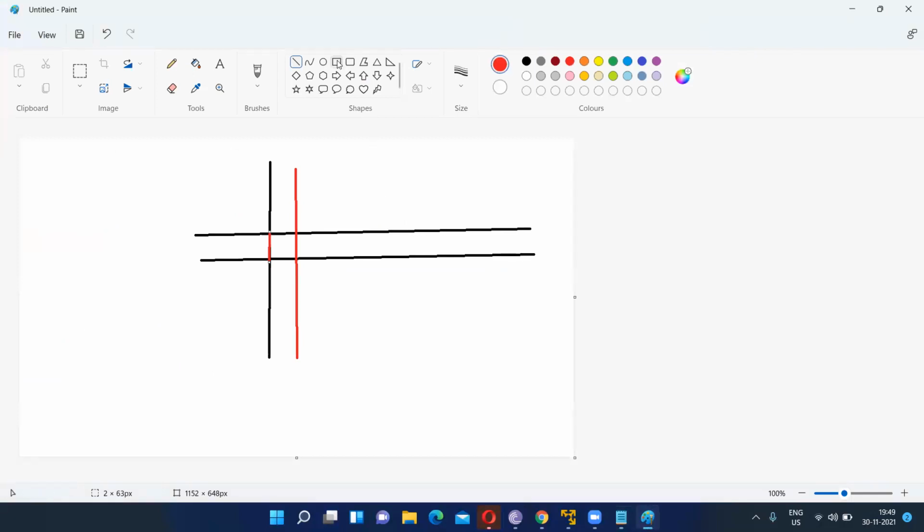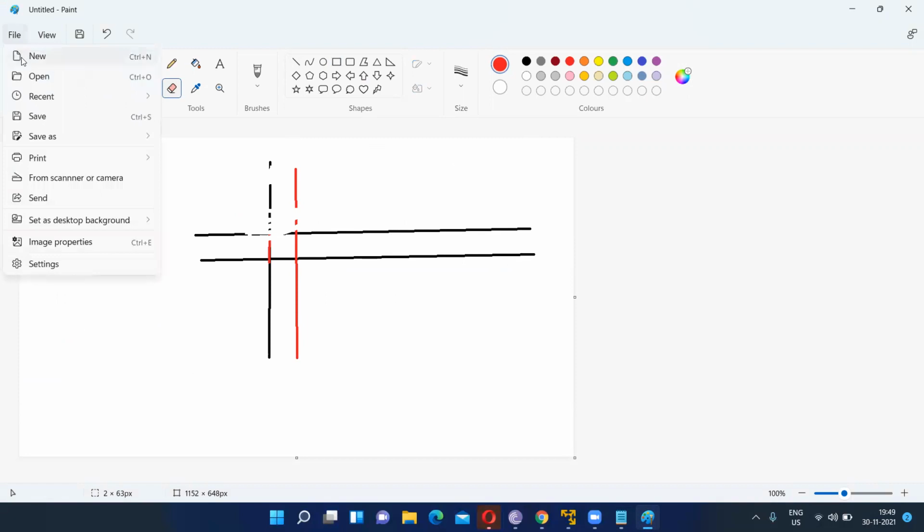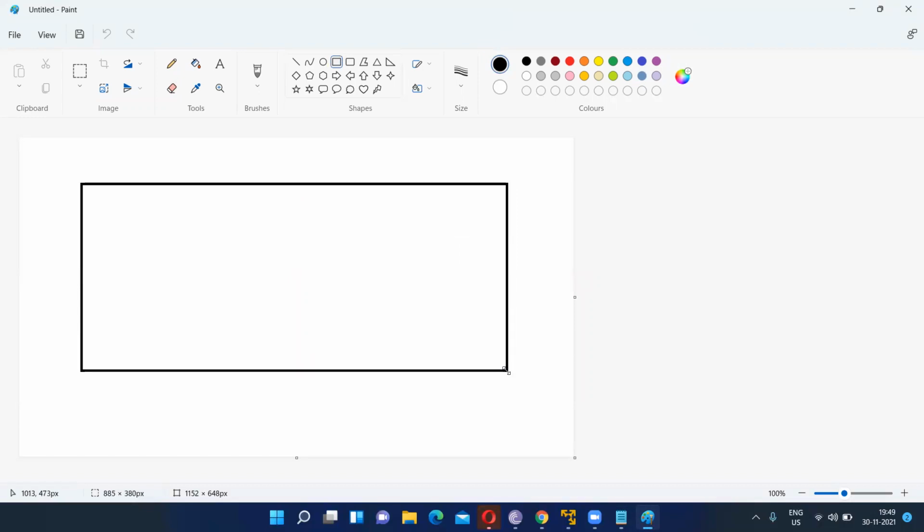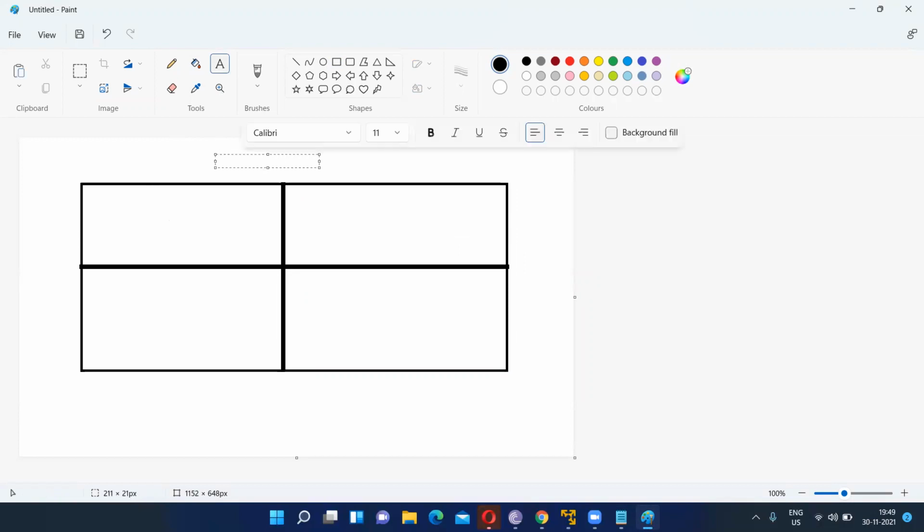Suppose I take a diagram. Just one second, let me erase this and open a new one. Let me take an example. This is our database. This entire space where our data will be stored is nothing but your database. Now inside the database, there are divisions, and this is what becomes a schema.